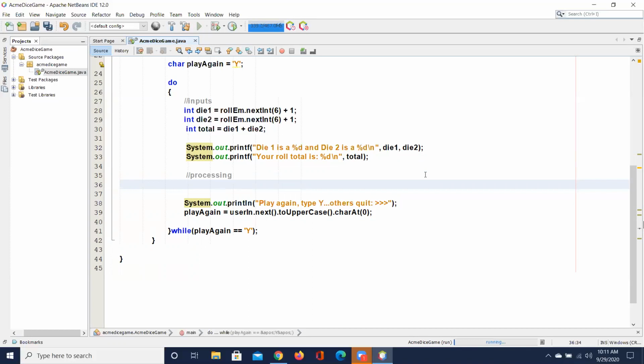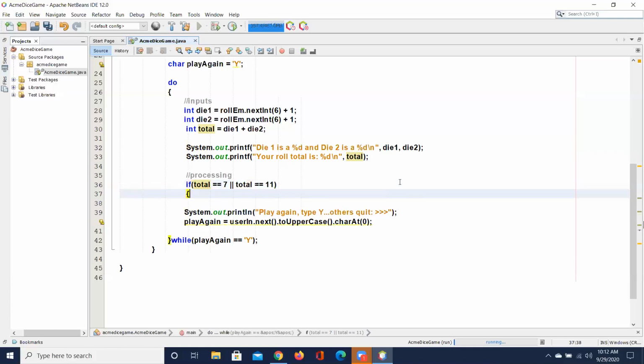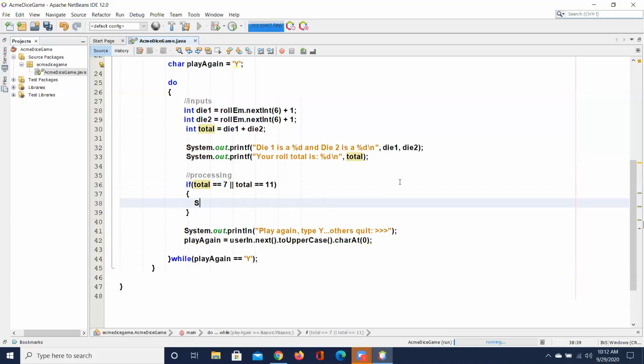Okay. So now I want to determine if my total is equal to 7 or my total is equal to 11, what happens? You win. I win. Yeah. So